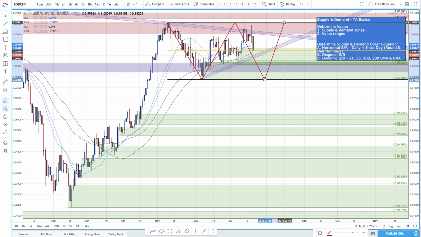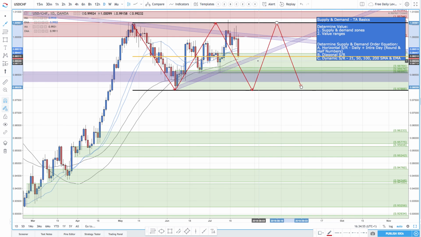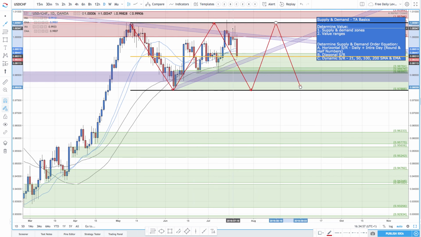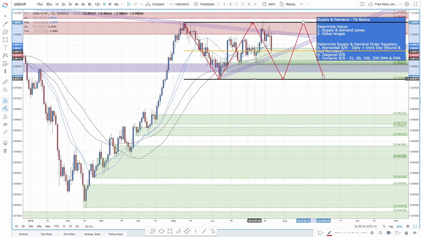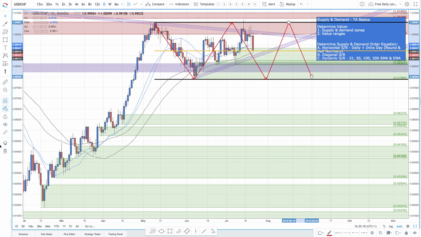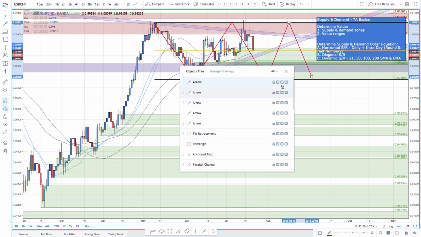And all value ranges are where buyers and sellers are in agreement. So this is going to be potentially seen as an expensive or a cheap area depending on what currency you're buying, and this is an expensive or a cheap area depending on what currency you're buying. This is going to be cheap for the dollar, this is expensive for the dollar, this is cheap for the Swiss, this is expensive for the Swiss if you're trying to get short at the moment, right? So if we get rid of the arrows,